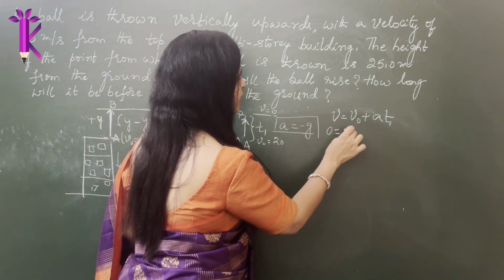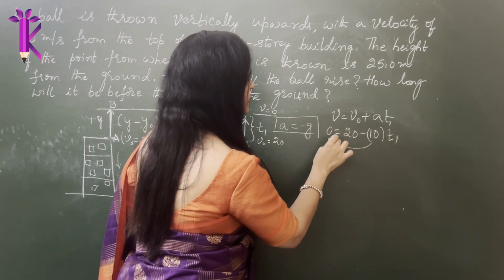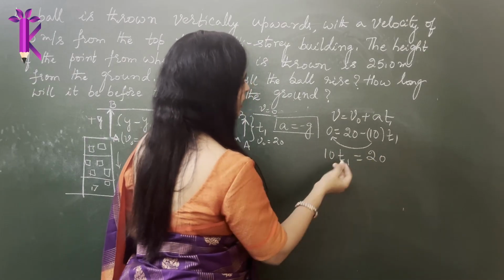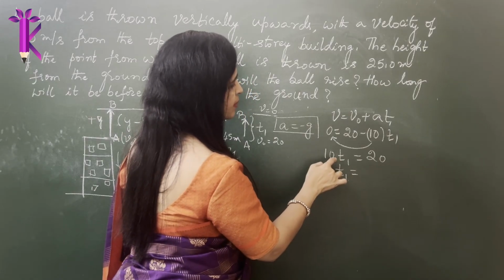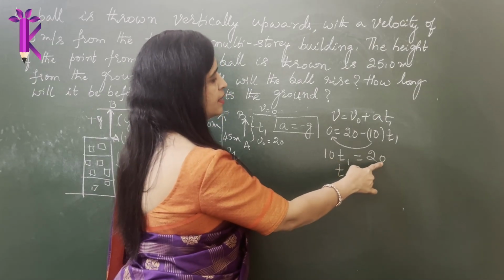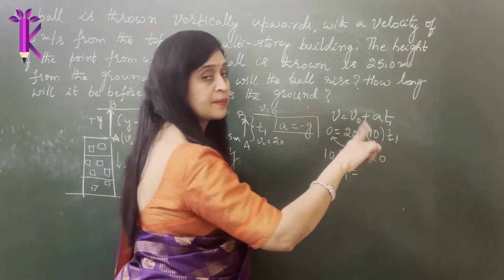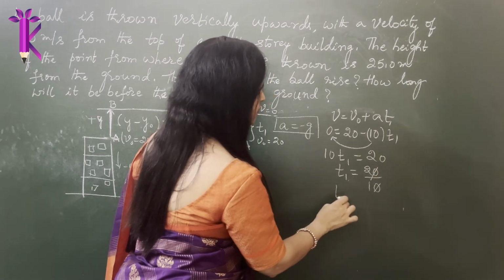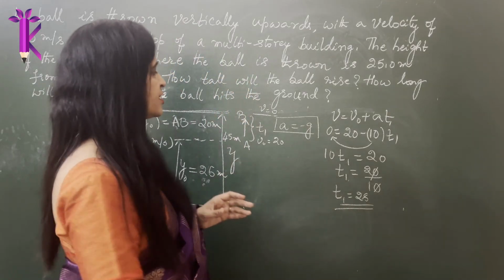So v is 0, v naught is 20, a is minus g, which is minus 10, into T1. Let's bring this minus 10 here, it becomes plus 10. 10 T1 is equal to 20. Some of you who do not know, I will do it. It is 10 multiplied by T1. Multiplication is on the LHS, and you have another number on the RHS. So when you bring it to the RHS, it goes to the denominator. Multiplication gets converted to division. So it is 20 divided by 10. So what do you have? The time taken to cover the 20 meters is only 2 seconds. It hardly takes 2 seconds to cover that distance.